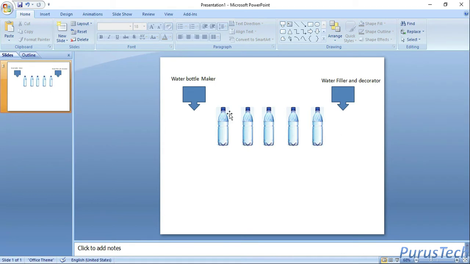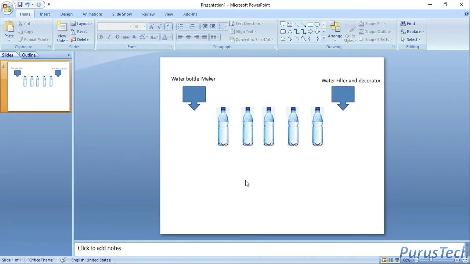So here wait and notify come into the picture. Let's take the technical term. If this queue is empty, then the water filler has to wait. And when the water bottle maker has placed one bottle, it has to notify the filler that you can now fill this bottle. So here wait and notify come into the picture.